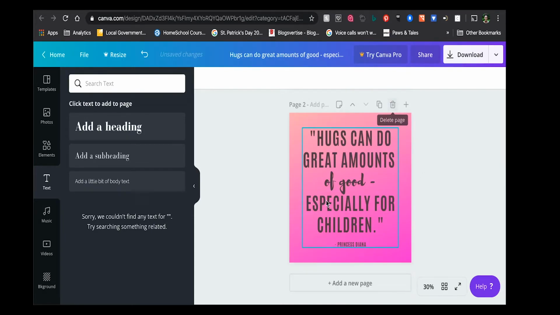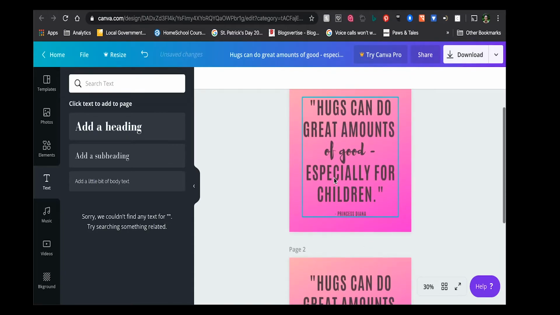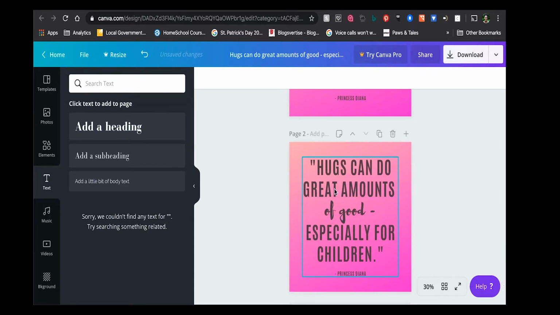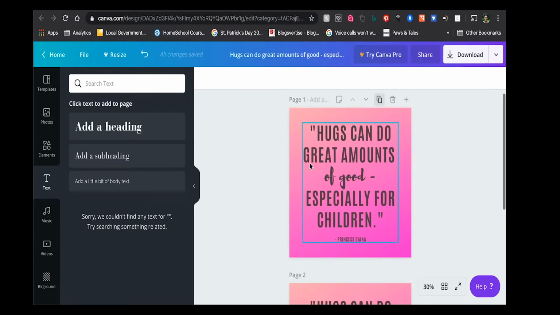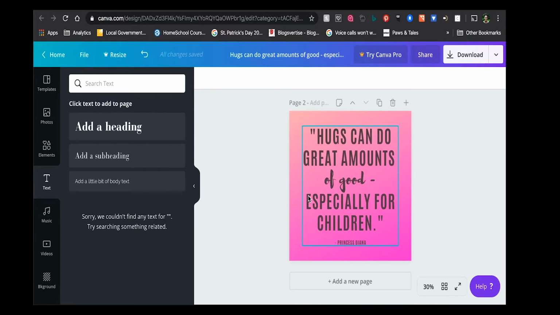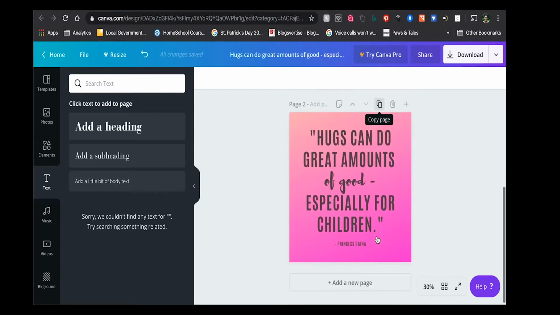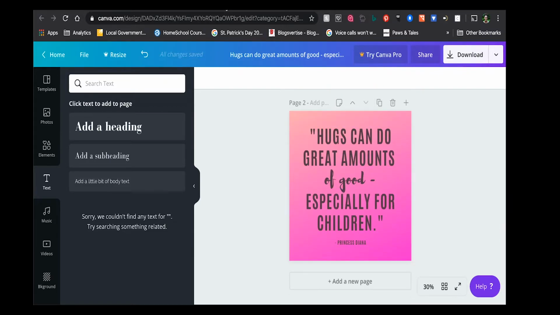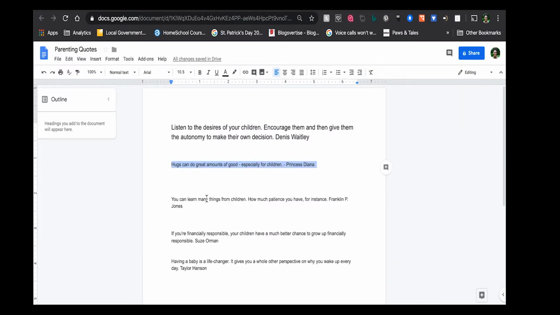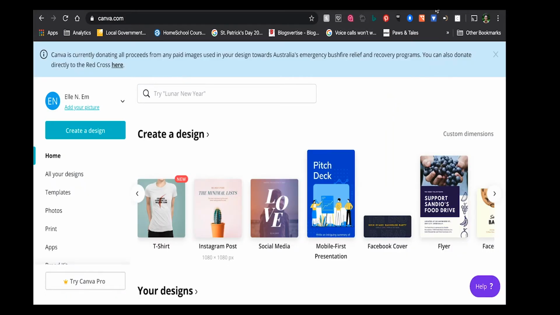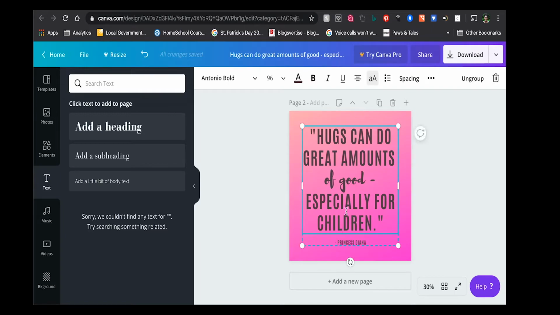So if you wanted to make two of them so that you can just change one out and add another, I'm going to use the same template so I can do more than one image at a time. And I just press the box that says copy page. And I'm going to go back to my quotes. I'm going to get another quote. And I'm going to replace that quote with,